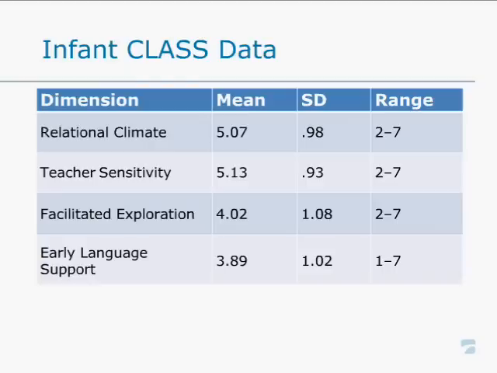So in our pilot sites, the range for Relational Climate was from a 4.11 to a 5.99. And then pretty similar for Teacher Sensitivity, a 4.09 to a 5.71. And then for Facilitated Exploration, a little lower than the pilot site, a 3.38 to a 4.27. And then Early Language Support, a 3.32 to a 3.97. And then similarly with the other class tools as they rolled out,